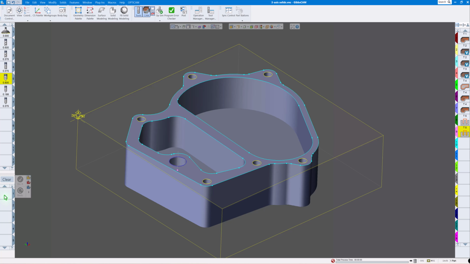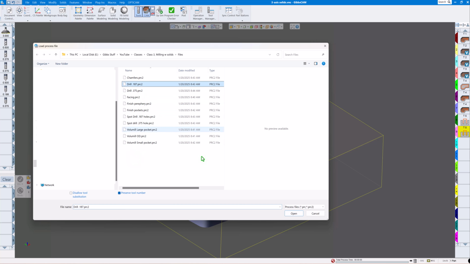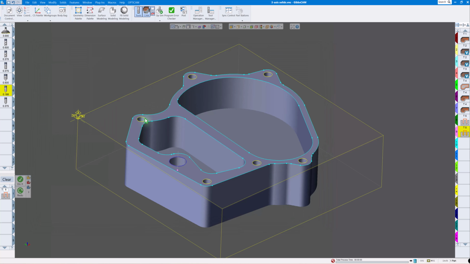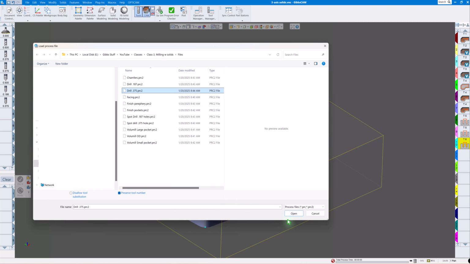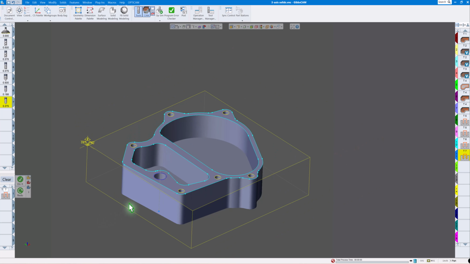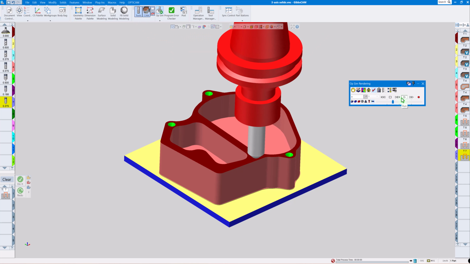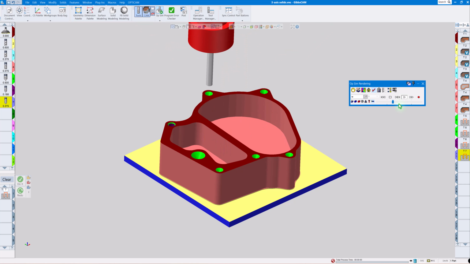Now we need to go and drill the holes, so again load process. Now this time we want to drill the holes, and we'll just select the holes here. Make sure you don't select the 3/8 hole, and click on Do It. Now we want to do, of course, clear that and load the process and finish drilling the 3/8 hole. And now we have almost everything done. We'll just render this up to this point. There's our spot drill,